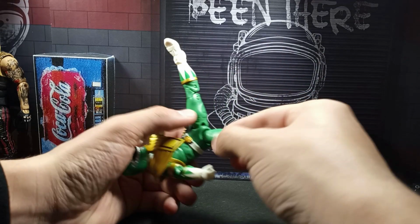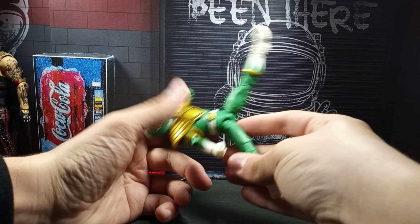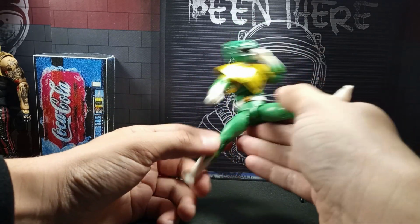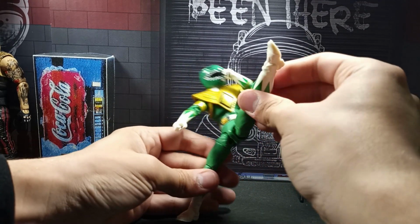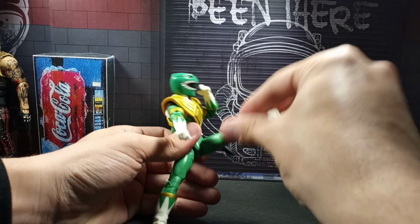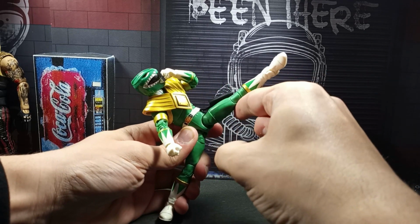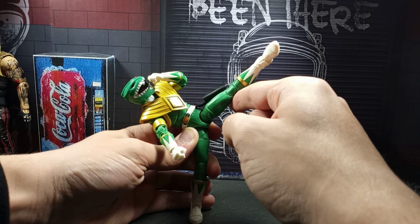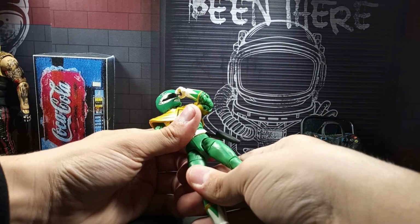So yeah, for some reason, I don't know if it's these top parts of his legs, but they are really resisting him wanting to do kicks. So that kind of sucks. I mean, if I rotated his thing like that, I could get him a higher kick, but that kind of sucks that he can't really kick up that much, because in reality he should be able to move his leg up this much, and if that were the case, I could get him to balance doing a roundhouse kick no problem. But for some reason, they kind of gypped you with